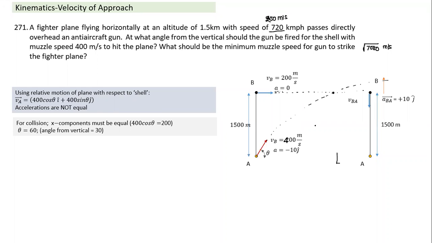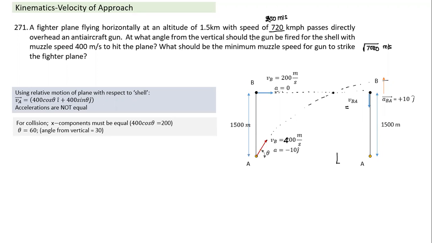Now the second part. In this frame of reference, unlike previous cases, there's a relative acceleration also. Relative acceleration will be equal to the acceleration of B, which is 0, minus the acceleration of A, which is minus 10; minus 10 becomes plus 10. So this will have a relative velocity VBA. How much will VBA be? We are talking about the Y component, which will be 400 into sin 60, so 200 root 3, and the acceleration will be 10. And the distance is 50. That's how it will move.